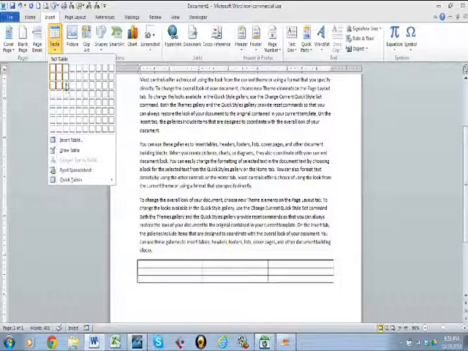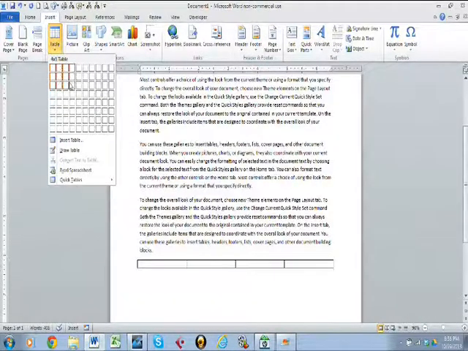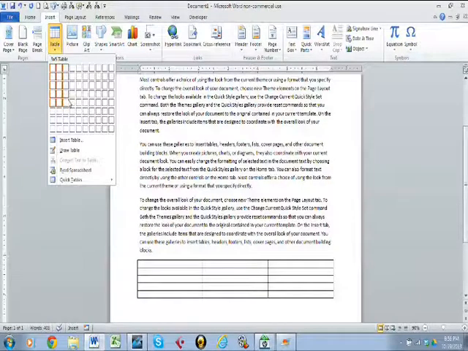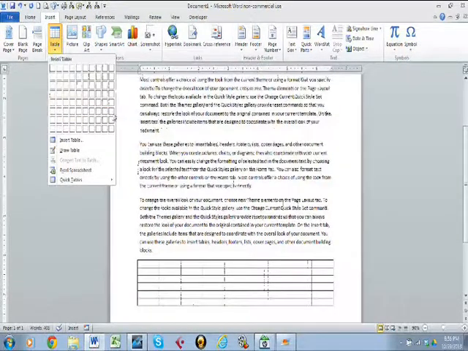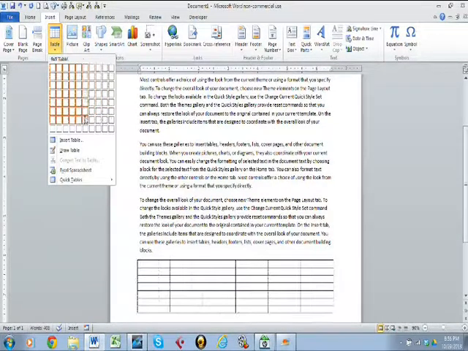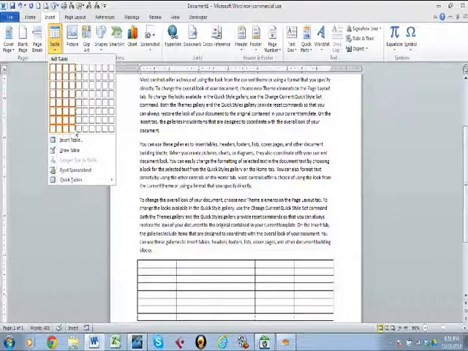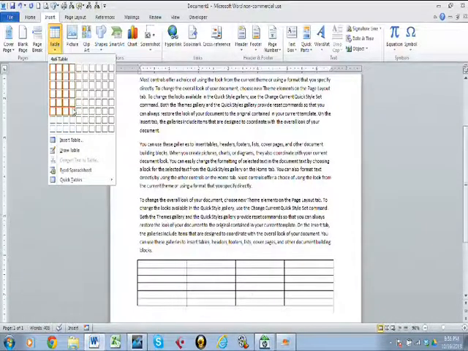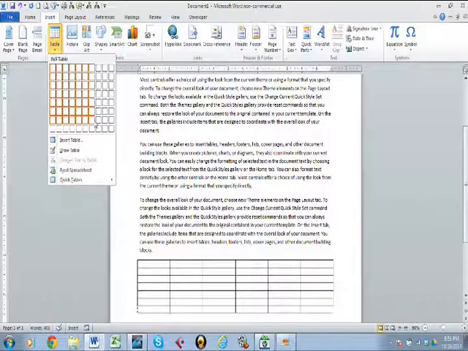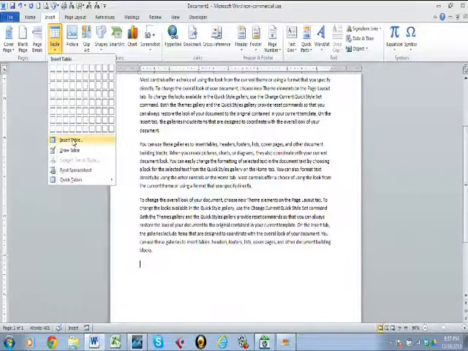we have 3 ways we can insert a table. We can insert a table using the template here that allows us to choose how many rows and columns. If you notice in your document, as you mouse over the different little squares here, your table on your paper, you have a live preview of what your table would look like, and you see how it changes. The next way to insert a table is to click the Insert Table command from the drop-down arrow, from